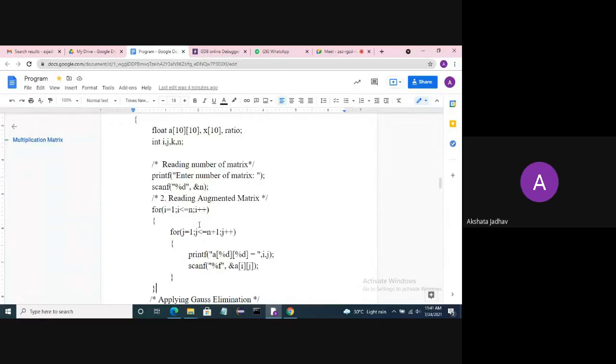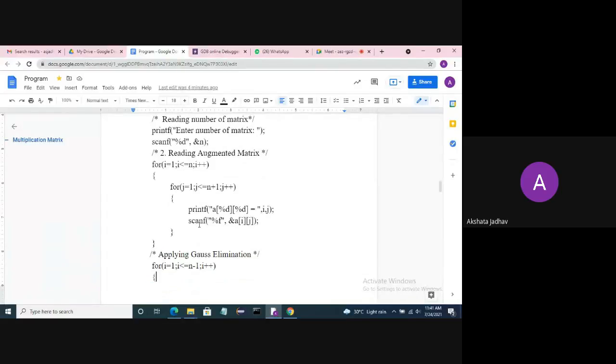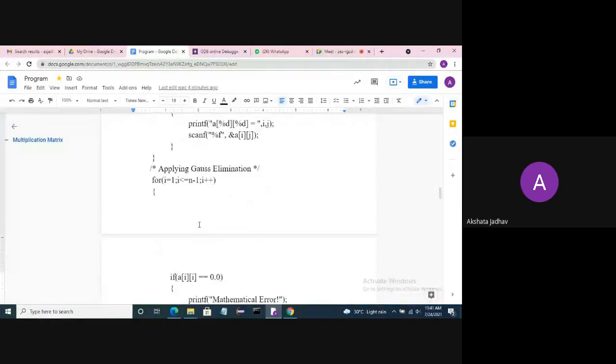Then for j equal to 1, j less than or equal to n plus 1, scan the address of i and j, meaning input your values. Then apply Gauss elimination method in this program.